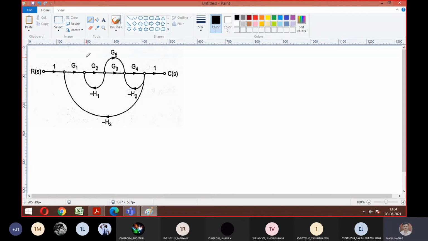See, you got one hint also by seeing the diagram. How many feedback paths can you find, guys? 3, sir. So it means you should have 3 summing points. That is one hint. See, wherever feedback comes, it means there should be a summing point. So that is one hint you should remember. So for H1 here I can place one summing point, for H2 here I can place one summing point, and for H3 here I can place one summing point. In between, the other things can be easily written. Yes or no? Yes, sir.